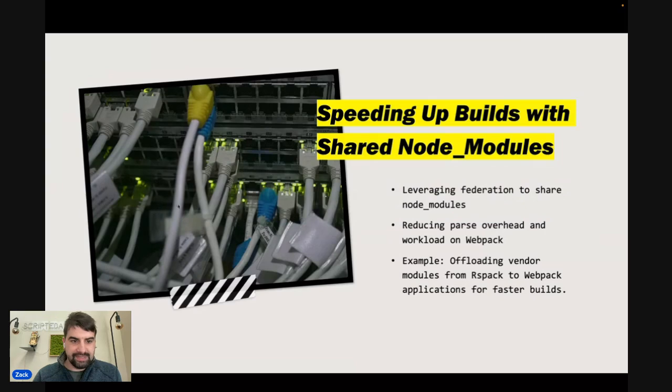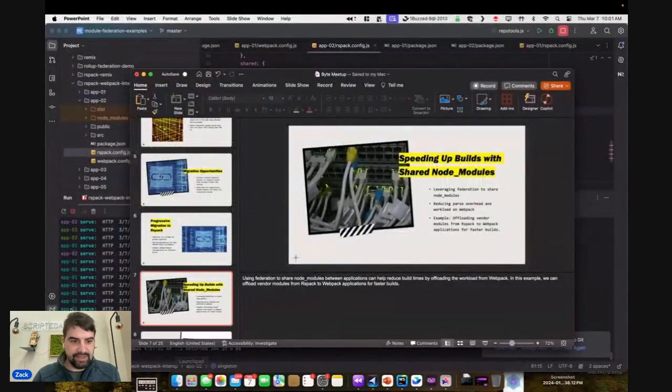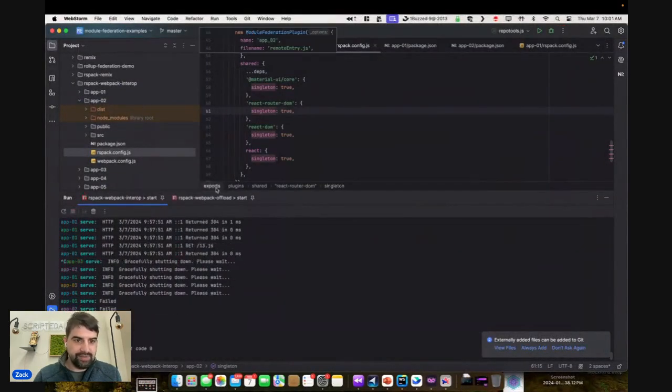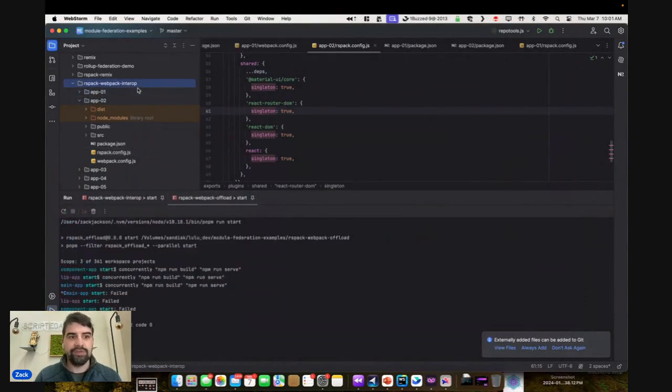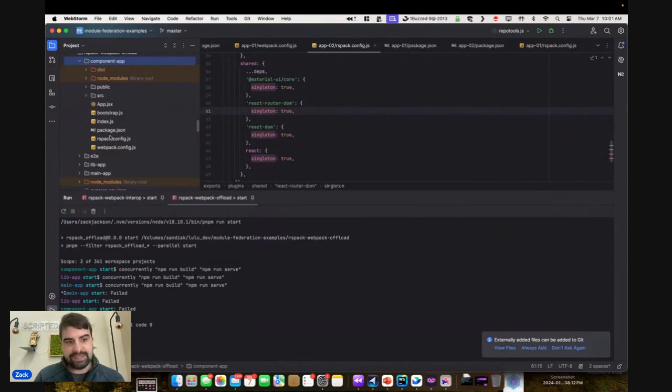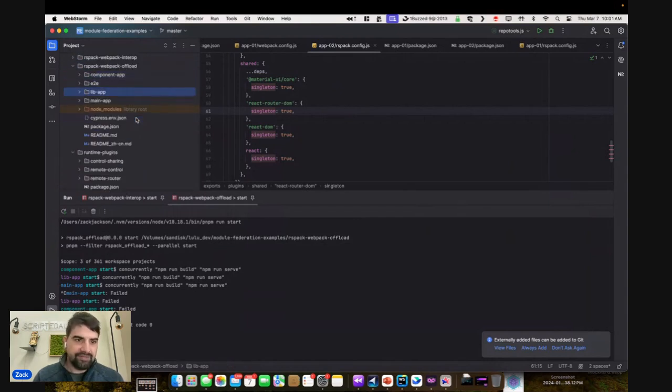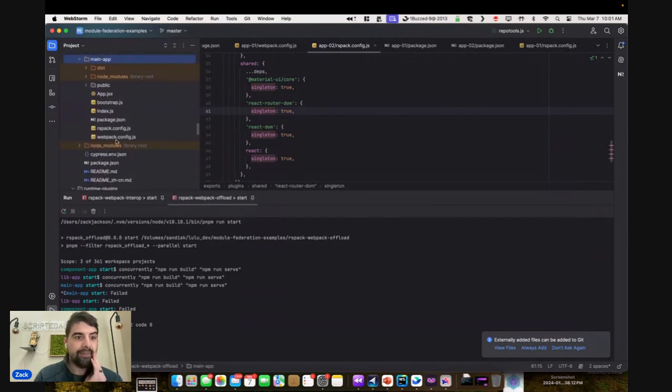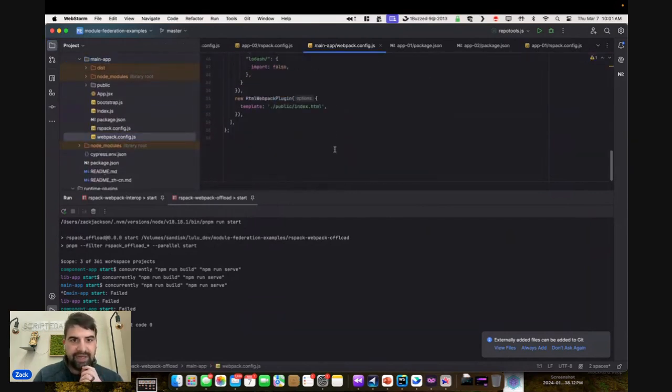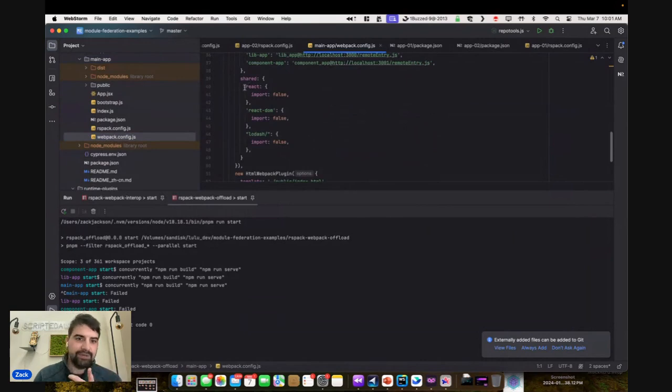So I have a basic example demonstrating that in here as well, and that would just be the Webpack RSPAC offload example if you want to play around with it. It's a very simple one, and I think I probably copied it from a different application, but the same kind of concept in here. Everything's Webpack and RSPAC as well, but I believe the idea is that the library application is going to be the RSPAC based one, and it's going to feed everything into, say, maybe the main app here. And if I go and look in my main app, you'll see really basic again, but